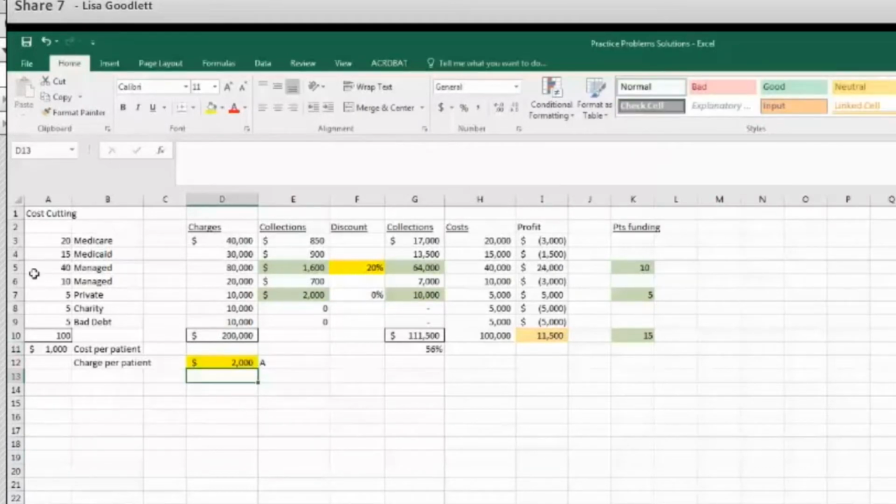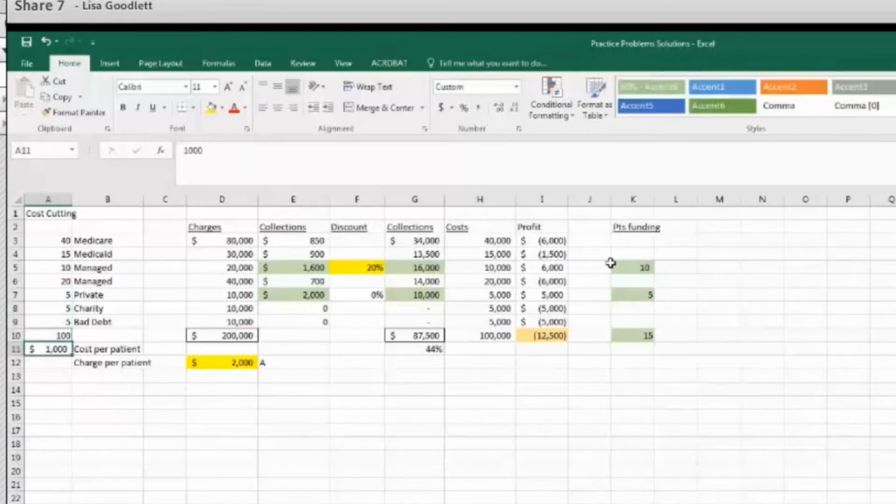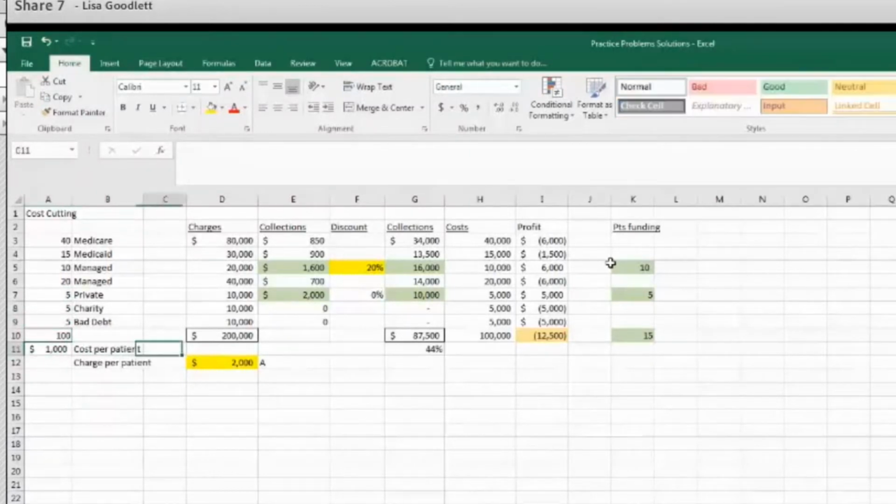So what we're trying to say here is let's change the patient. So we've got 40 Medicare, 15 Medicaid, 10 managed A, 20 managed B, and then we see we split the privates up there. So here's 100 patients. Right now the cost per patient is $1,000, so we're taking that over here to say it costs $100,000